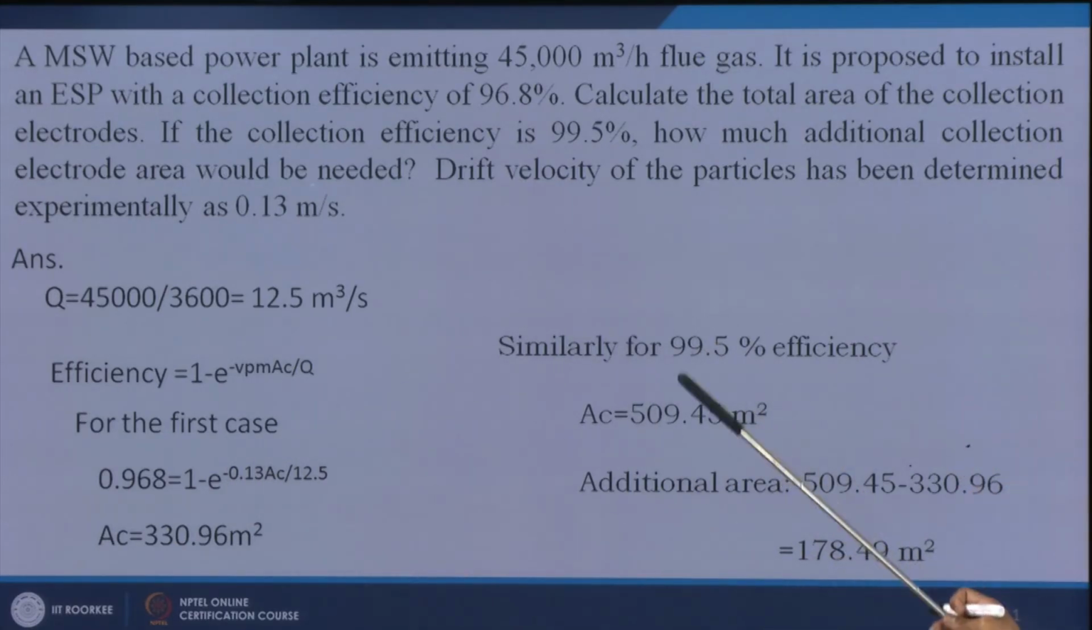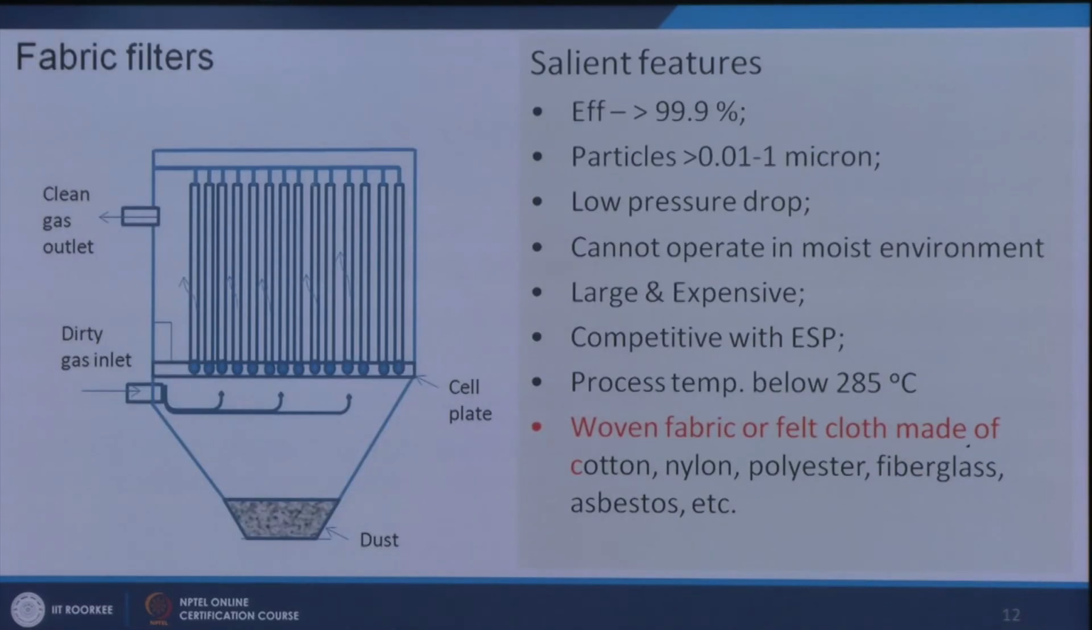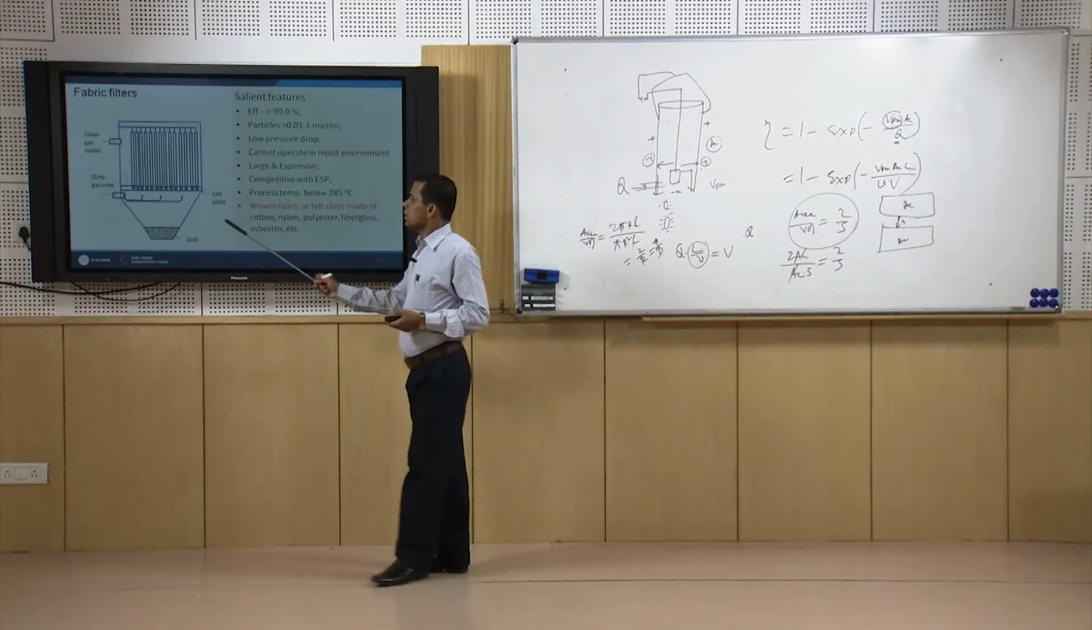So, by the difference of these two ACs we will get the additional area requirement. So, 178.49 we are getting here. Now, we will go on to discuss fabric filters or bag filters. So, in fabric filters, the dust